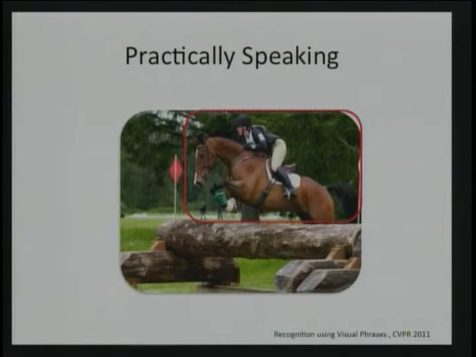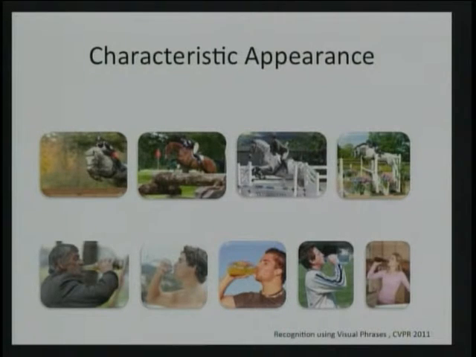Practically speaking, ironically, it is much, much simpler to detect a visual phrase as one entity instead of detecting the components and then joining them up. Why is that? Because when objects participate in relationships, they expose such a characteristic appearance that makes detecting them as one entity way simpler. When people drink from a bottle, they expose such a characteristic behavior and appearance that makes detecting them much, much easier than detecting the person and then dreaming of detecting the bottle.